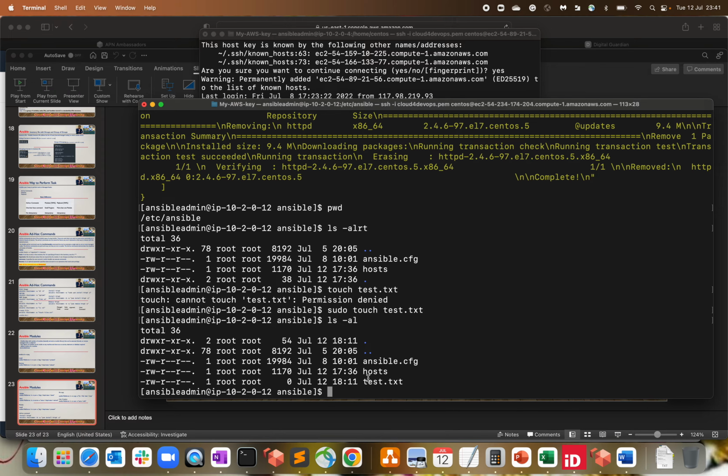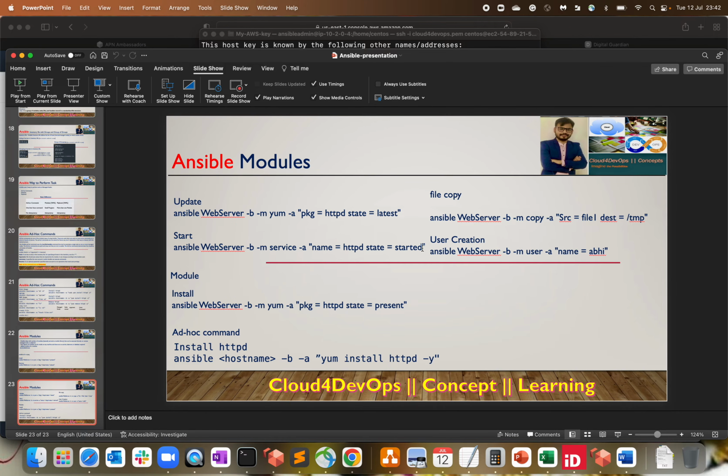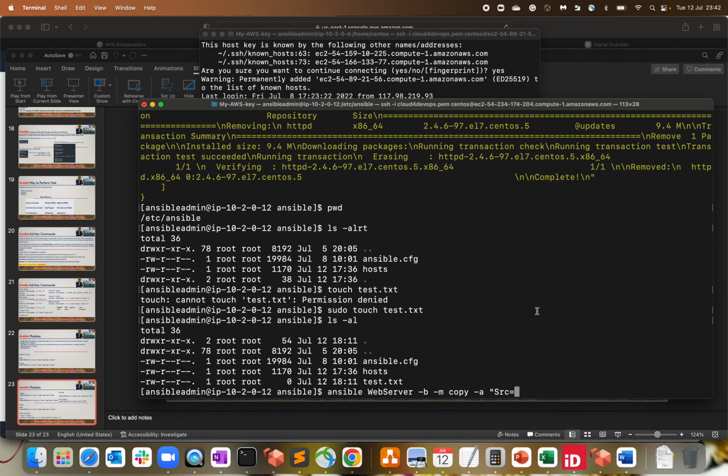Now in order to copy this, let me do ansible, then we have webserver as the group, and then we have a module called copy. So -m copy, and I'm going to use sudo privilege. Then we have an argument in double quotes, source is equal to, let me check one thing, source is equal to file1 and so on. Okay, fine. So source is equal to test.txt, and then destination equals to,